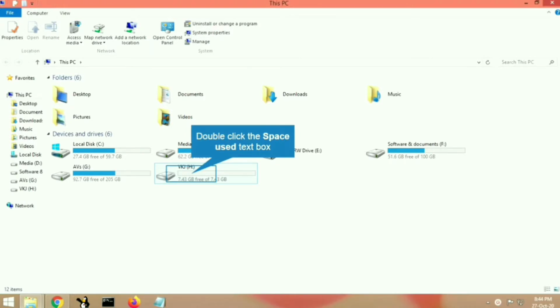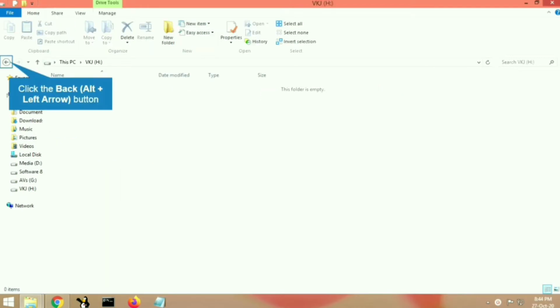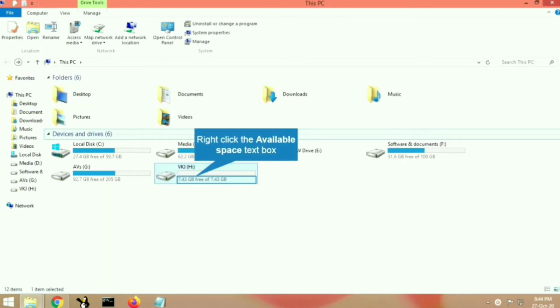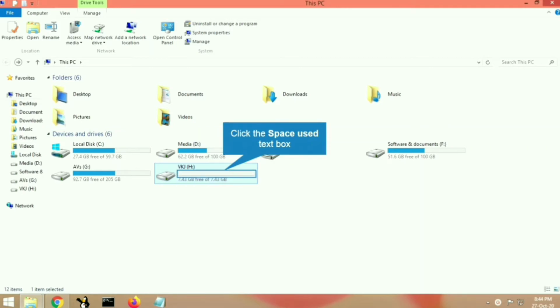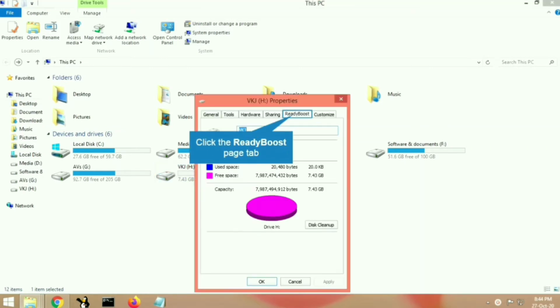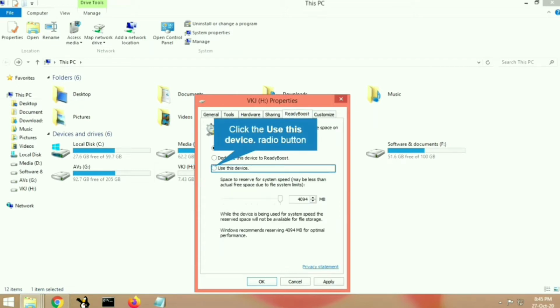To use the pen drive as RAM, we have to right click and select the properties option. When we select the properties option, the second last tab of the properties is ReadyBoost. From here we can create virtual memory from our pen drive. You can see that there are many options. We have to click on the third radio button, that is, use this device. So we allow our device to be used as virtual RAM.